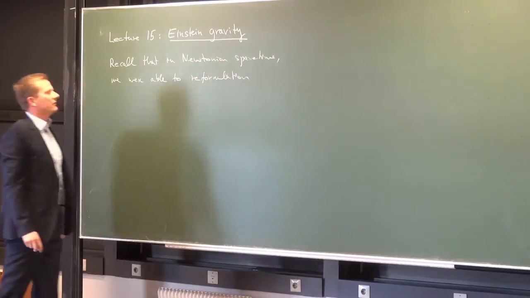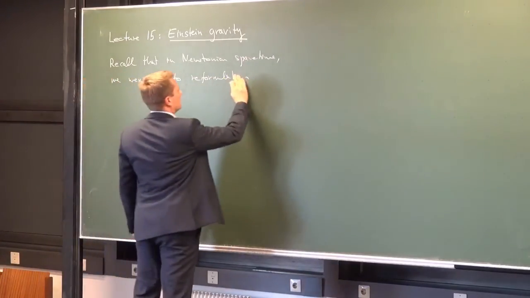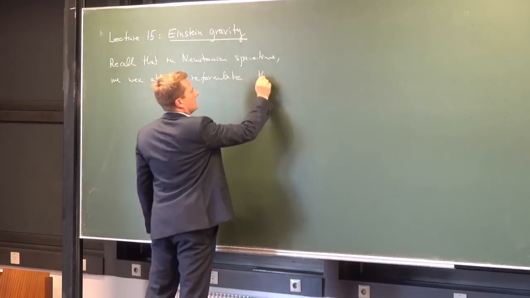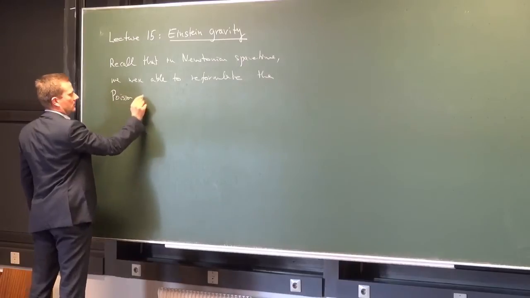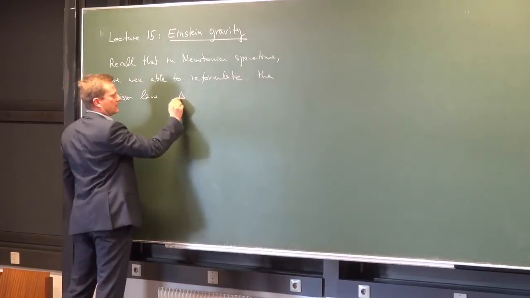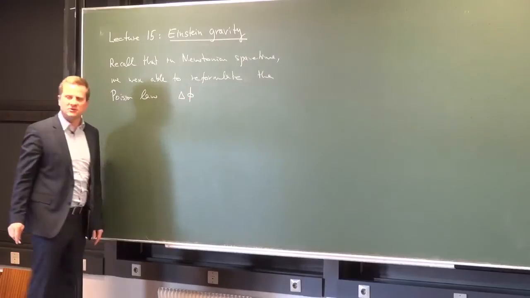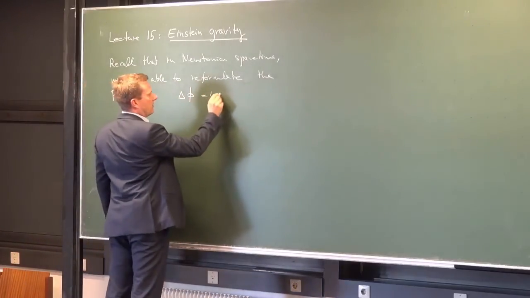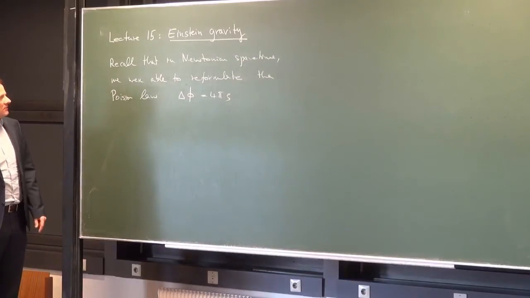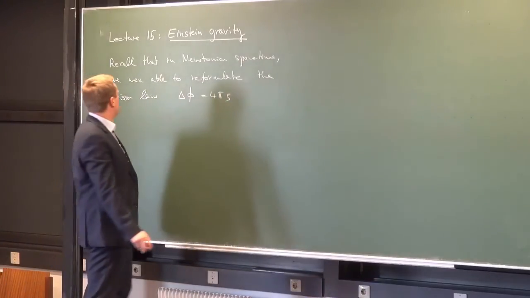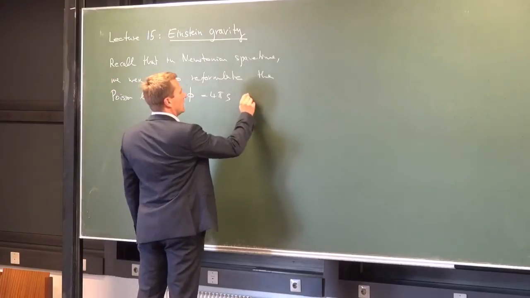We were able to reformulate the Poisson law, that the D'Alembertian of the gravitational potential is 4 pi rho, where rho is the matter density that produces the gravitational potential. We were able to reformulate the Poisson law in terms